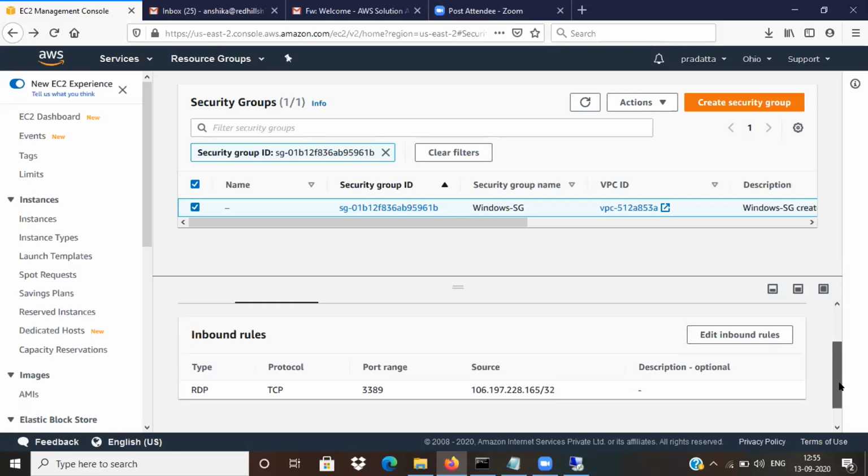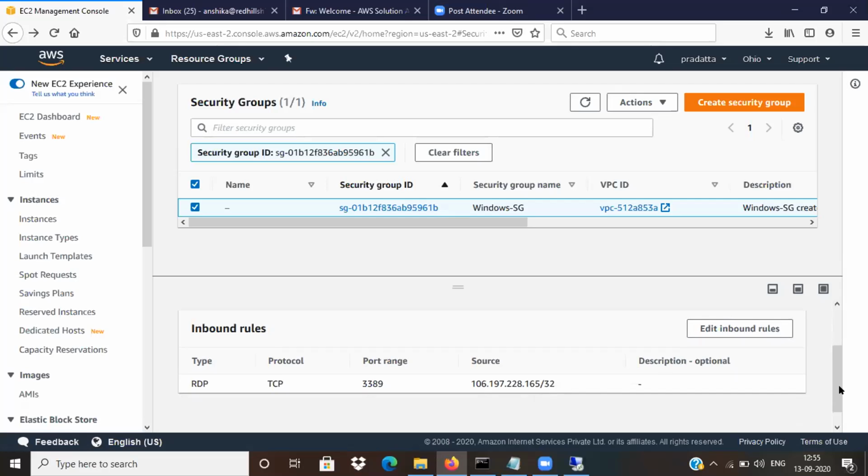So you see here, what does inbound rule mean? Inbound means whatever traffic is coming inside to the resource. So this is with respect to the resource. With which resource is this firewall associated? With the security group ID SZ-101B12, all that name that is associated with the Windows instance that you had created earlier.